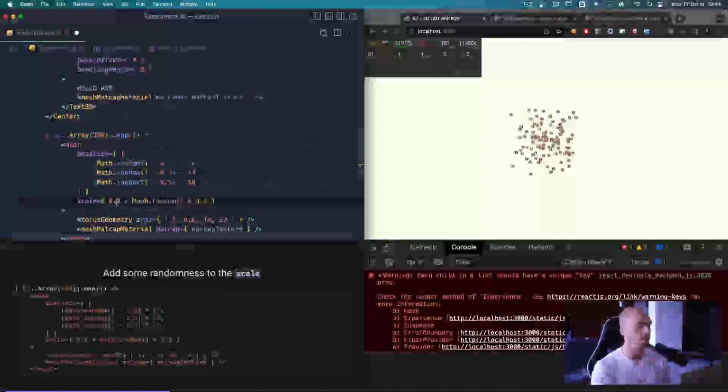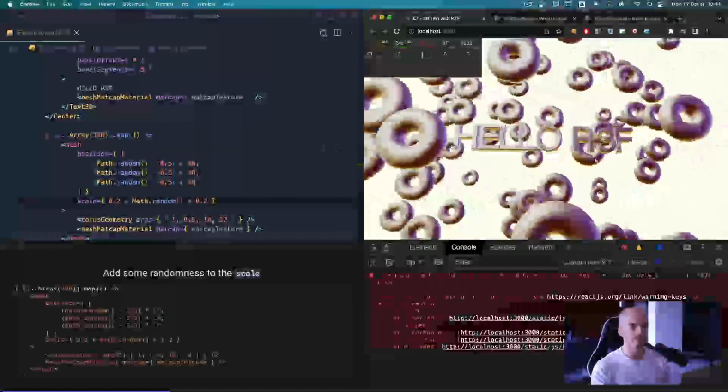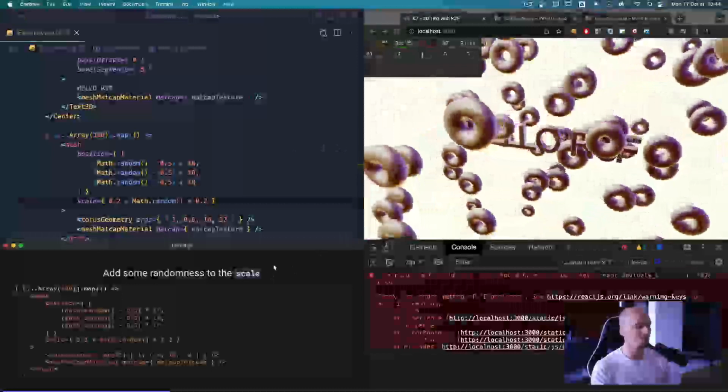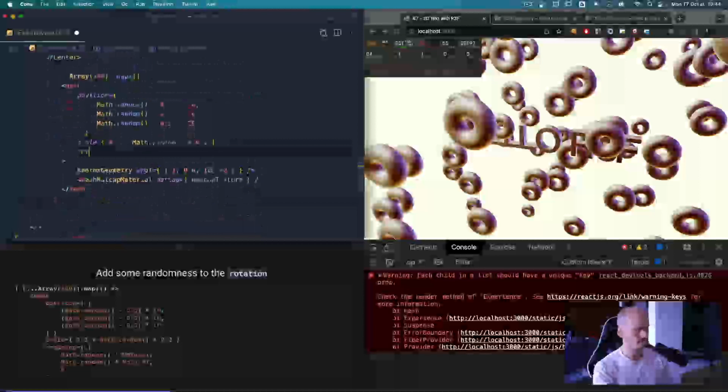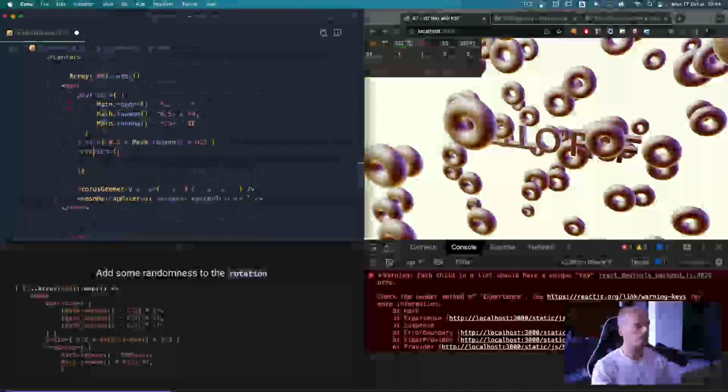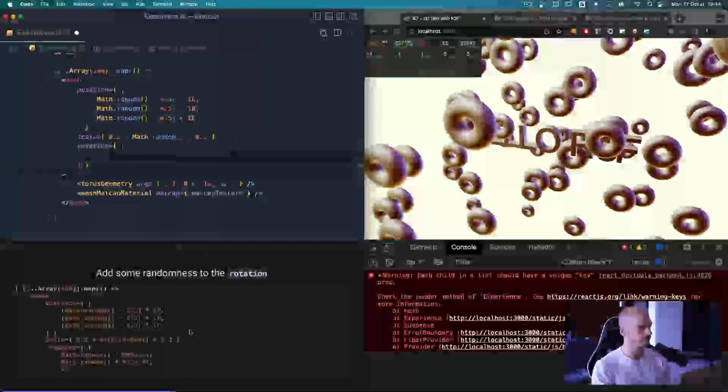So it's going to be between 0.2 and 0.4. Let's go. We get something like that, and it's almost done. All we need to do is play with the rotation. So let's go. Rotation equal, and this time we're going to provide all three values. Sorry, all three values, and it's going to be, oh, never mind, just on the X and the Y,